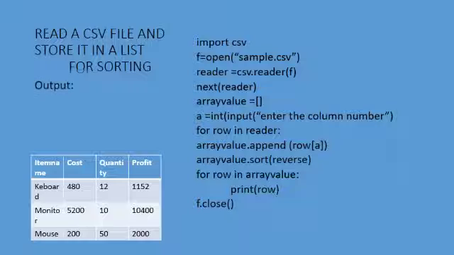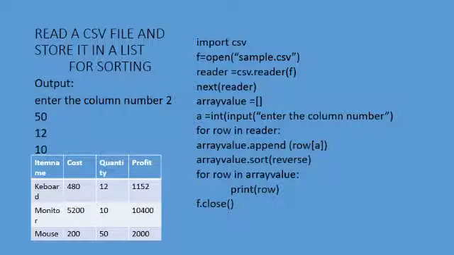Now see the output, how the output will be. Column number I am giving, for example 2. So what is the answer here? In the second column all the values will be sorted. So 12, 10, 50, the entire 3 rows will be changed. Under descending, I am going to give reverse. So the particular column value alone will be printed, not the entire row. So first 50, then 12, 10. It is a descending order value. That's all. So this is how, very simple thing.